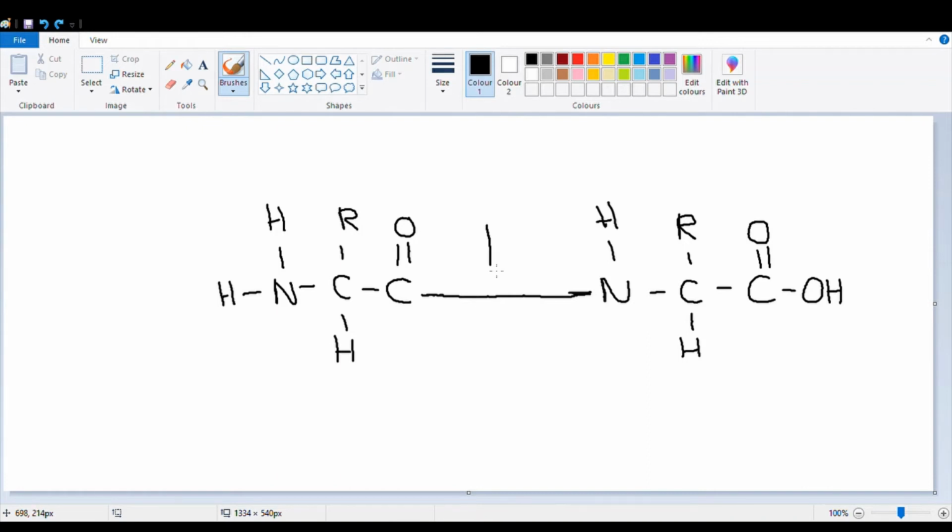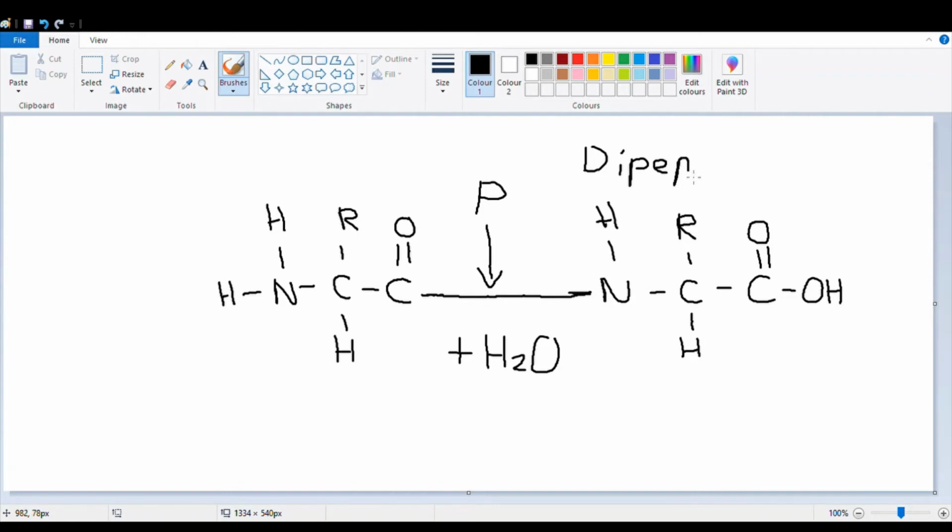So obviously we need to label our bond. So we'd write peptide bond because that is what forms. I'm just going to put P because of space. And because it's a condensation reaction, we've obviously lost water. So we need to denote that, plus H2O. And so those are the products of our condensation reaction. We've got our